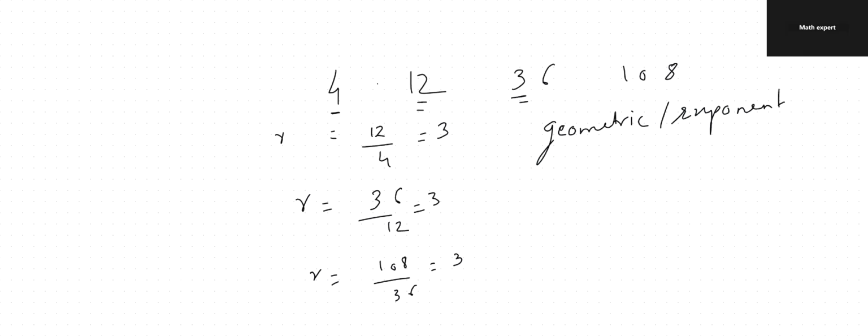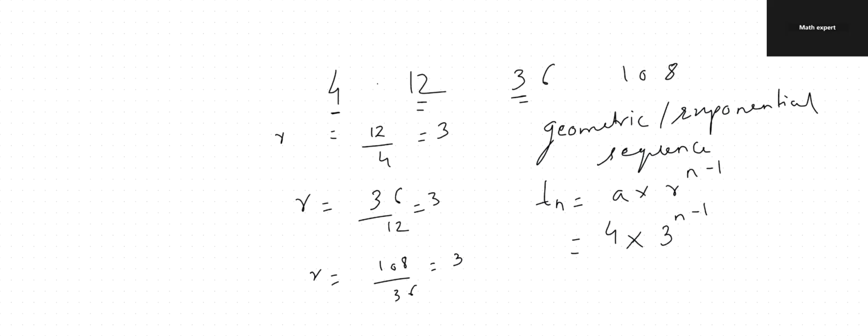Now, in this case, the nth term means if you want to find the 50th term or 10th term or 100th term, you first directly use the formula Tn is equal to A into R raised to n minus 1. A is the first term. So what's the first term here? 4 into R, which is 3, raised to n minus 1. Now, can we multiply 4 and 3? No, we always use BIDMAS rules. First, you have to solve 3 raised to n minus 1. Now, here we don't have n as of now, so we can keep the answer as it is.